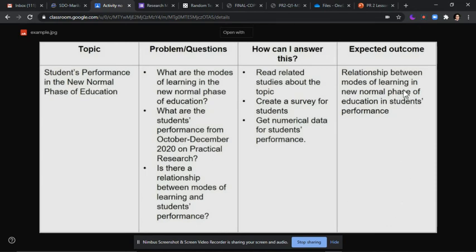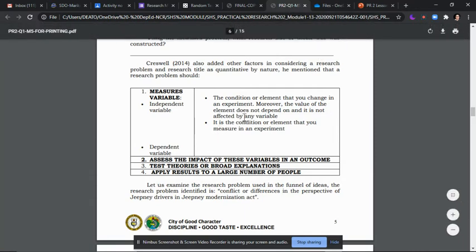Syempre, ang nagbabago lang dito ay yung students' performance. So, ang students' performance ang dependent at yung modes of learning ang independent. Pag nagbago yung modes of learning, pwedeng magbago yung student's performance, pero hindi kayang baguhin ng student's performance yung modes of learning. So yun po yung mga independent at dependent variables.